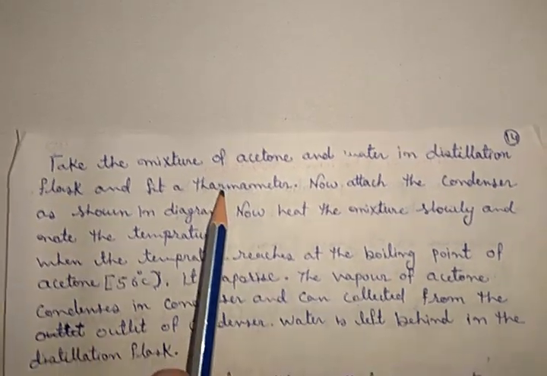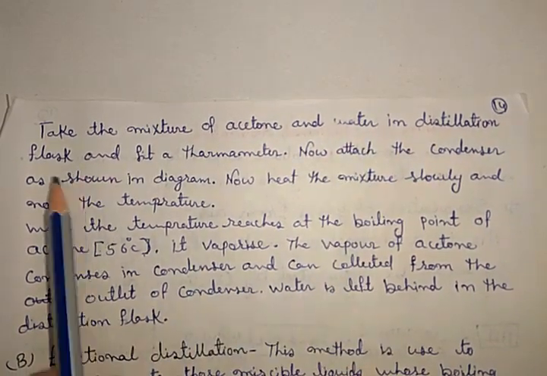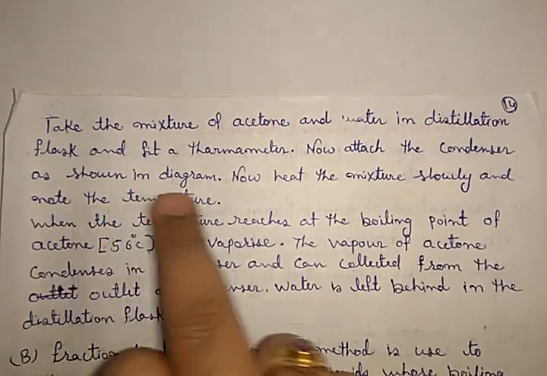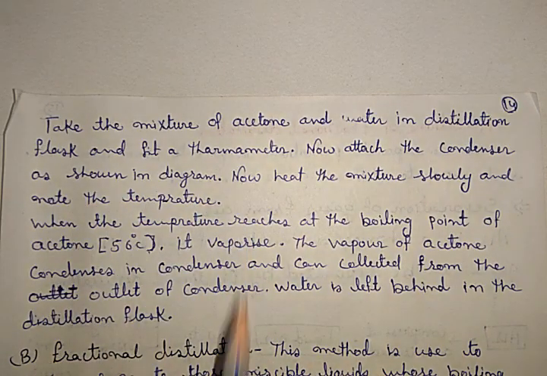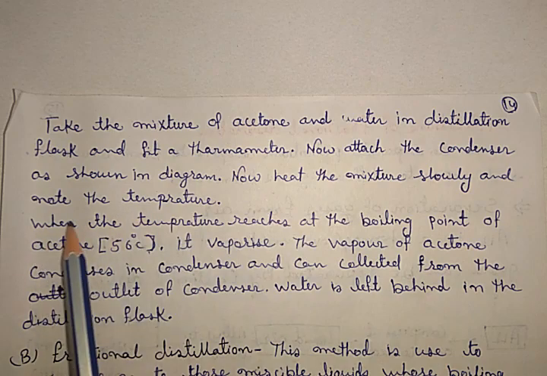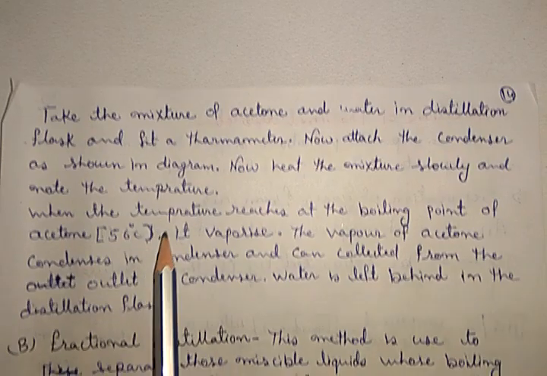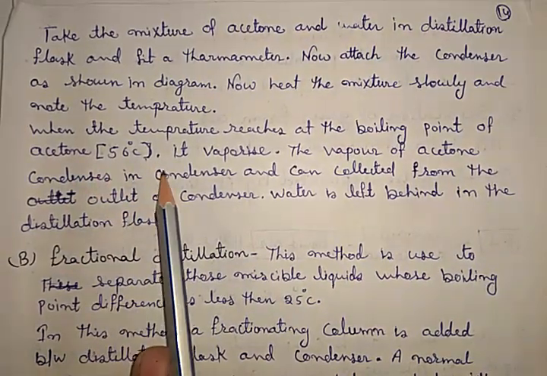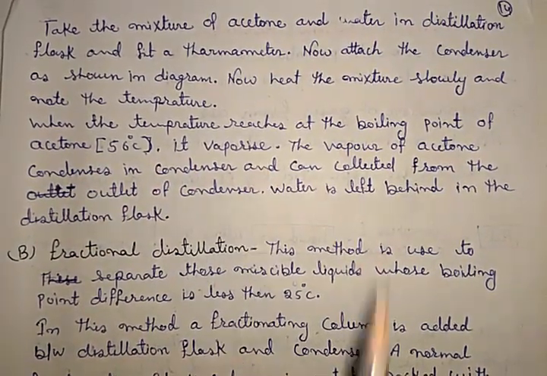Take the mixture of acetone and water in a distillation flask and fit a thermometer. Now attach the condenser as shown in the diagram. Now heat the mixture slowly and note the temperature. When the temperature reaches the boiling point of acetone, that is 56 degrees Celsius, it vaporizes, that means it converts